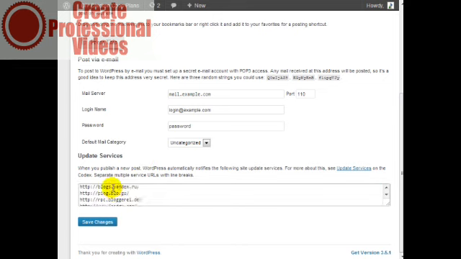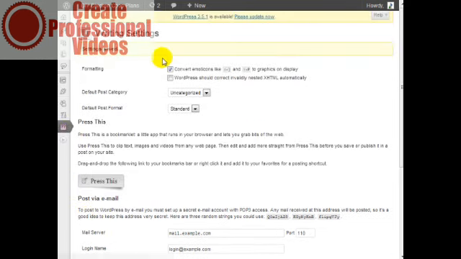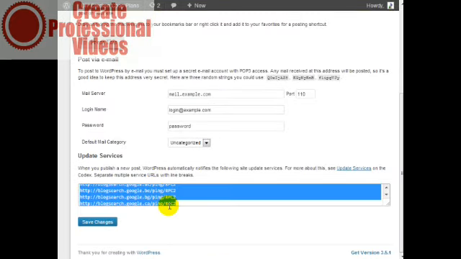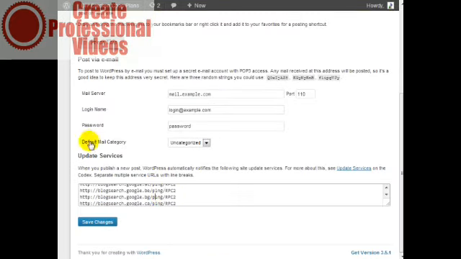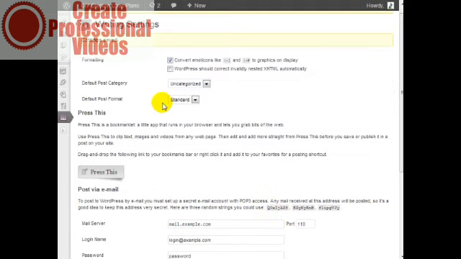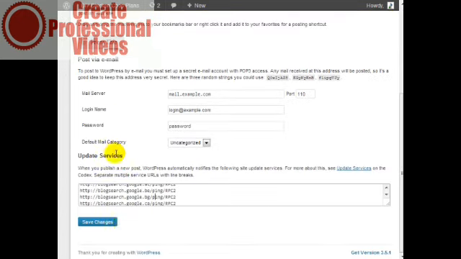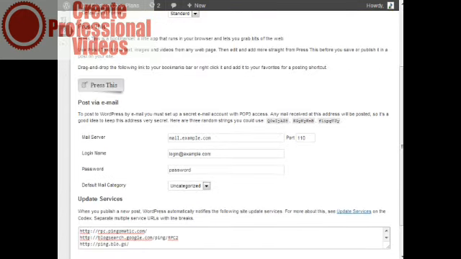So what this is going to do is, every time WordPress schedules a post and it creates a post and publishes the post, it'll actually notify search engines and Google sites and so forth that you have published a brand new post. Now, in addition to this, after you've optimized your site and added the ping URL list here,